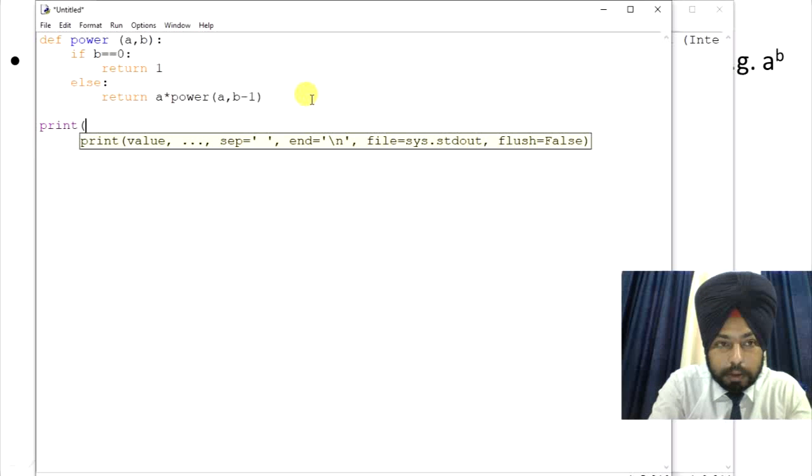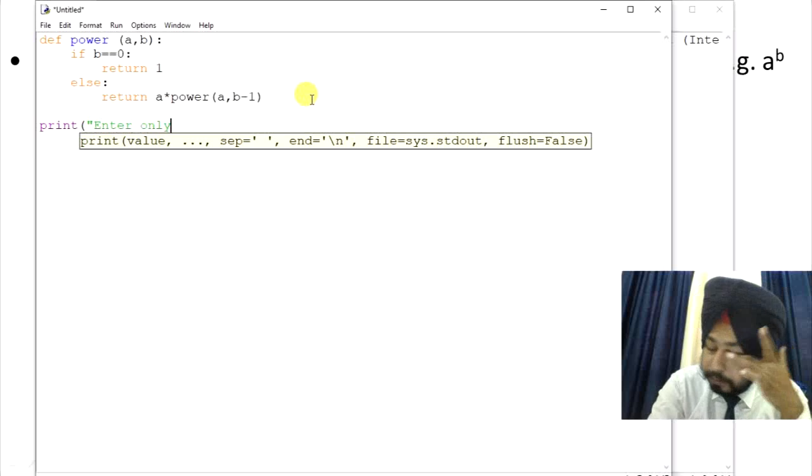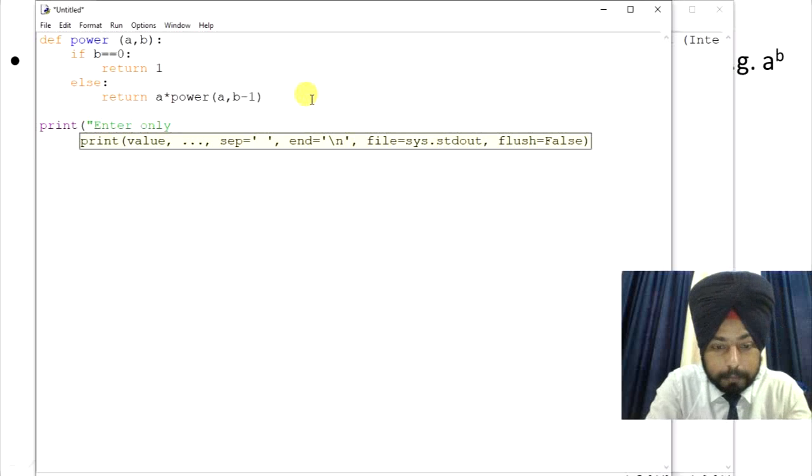Print, then enter only positive values or numbers below.